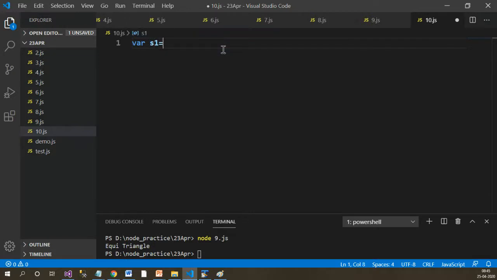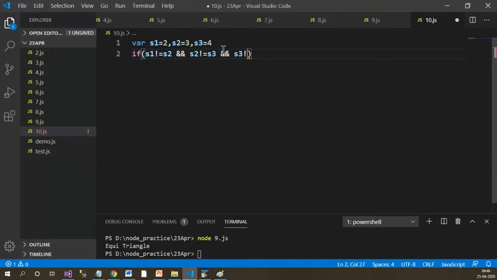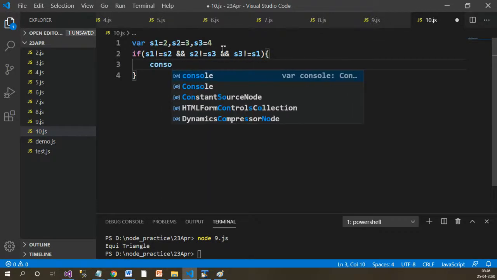So let's take an example, side1, side2. Side2 is set to something, side3 is set to something, and now if side1 is not equal to side2 and side2 is not equal to side3 and side3 is not equal to side1, we'll call it the scalene triangle.